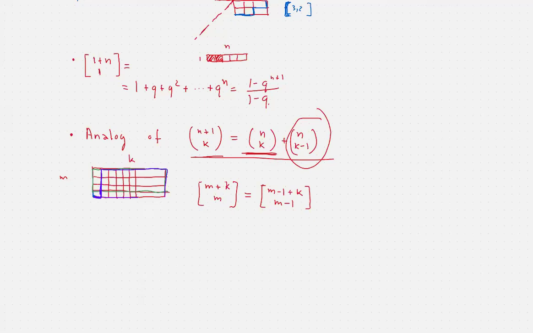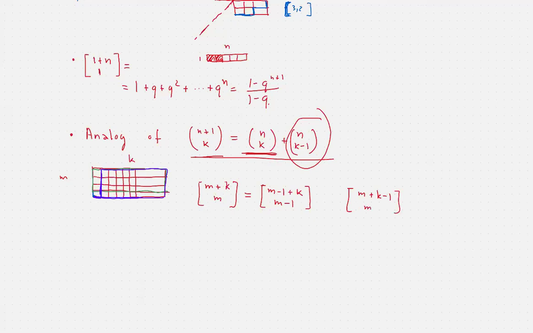So I'm almost ready to say that this is m plus k minus 1 with m here. But there is a small problem: when we take a horizontal step, we always leave behind us,